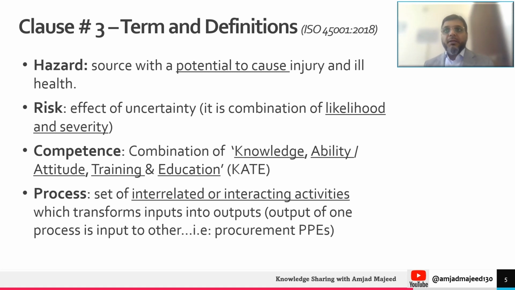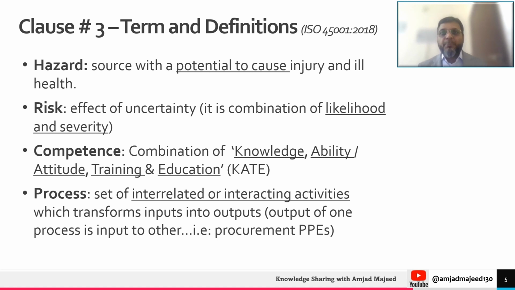Now competence. Competence is actually the combination of knowledge and ability. We normally use the word KATE: knowledge, ability or attitude, and then education and experience. So competence is required for each and every job, and the same is applicable in occupational health and safety, and for the OHS professional as well. Anyone performing the job must be aware of the requirements, the methodology, the behavioral aspects. Whoever is developing the system or implementing or monitoring the occupational health and safety system